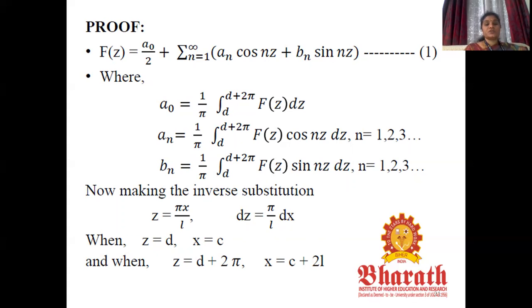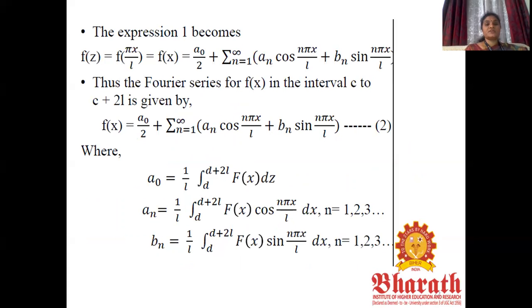Now making the inverse substitution, that is z = πx/l, dz = π/l dx. When z = d, x = c, and when z = d + 2π, x = c + 2l. Expression 1 is changed as f(z) = f(πx/l) = a0/2 + summation n = 1 to infinity (an cos nπx/l + bn sin nπx/l). Thus the Fourier series for f(x) in the interval c to c + 2l is given by